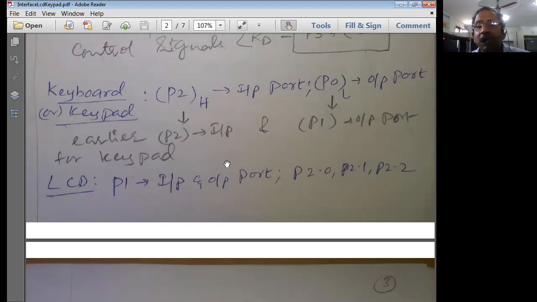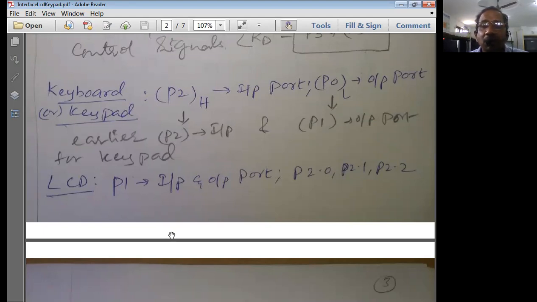So that is the reason why, on the safe side, I'm not using port 3 at all. It doesn't mean that you cannot use port 3. You can use port 3, no problem here. But I am not using it, because the purpose of port 3 is specific operations or special-purpose operations. So I'm using port 3 only for that purpose.